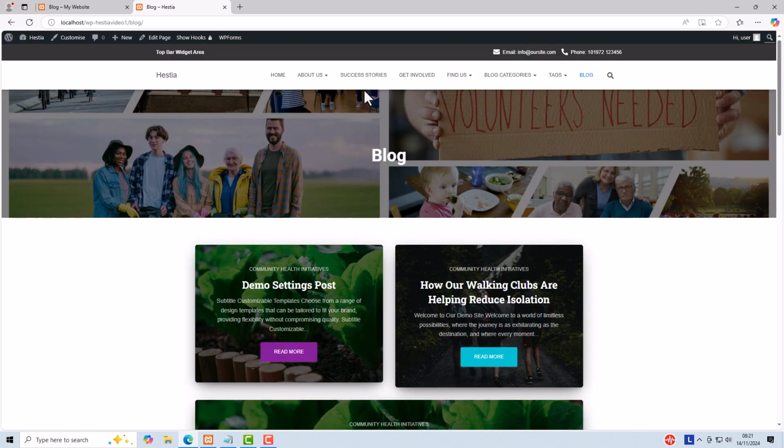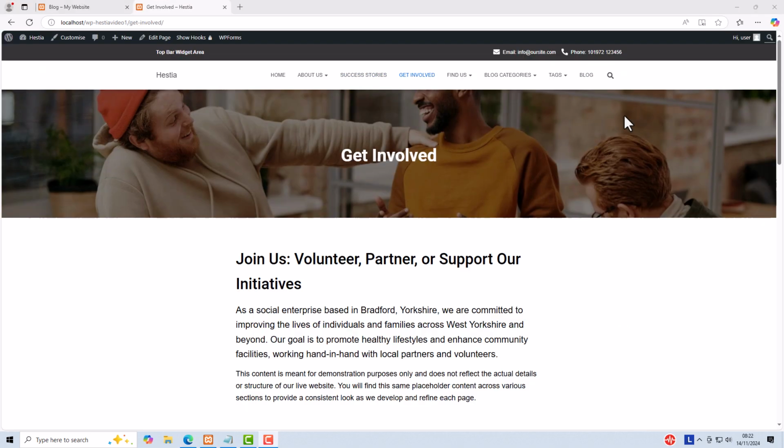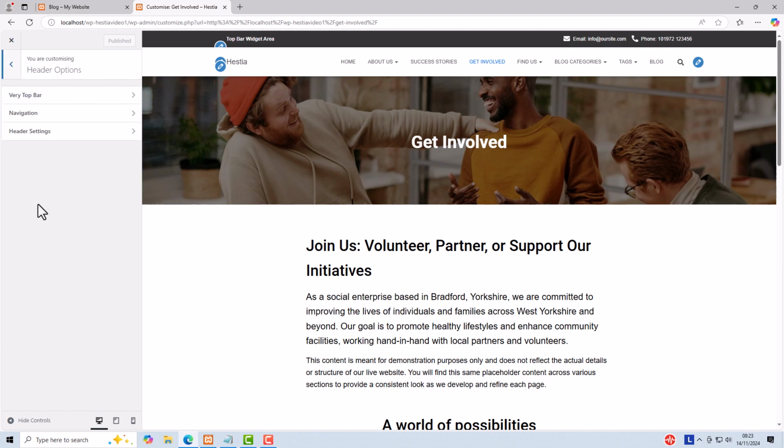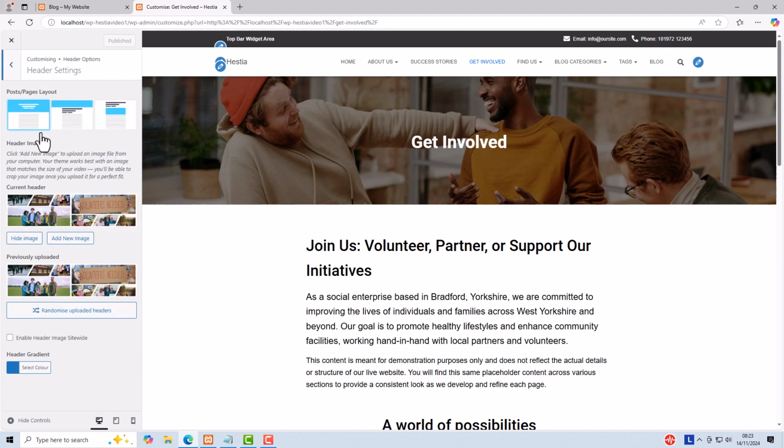Now if I visit one of the pages, there are 3 options for the hero section at the top of each page, and we change those in the customizer. So I'm going to customize. So in the customizer, I want to go to header options, header settings, and I've got these 3 different choices. This is what I'm using at the moment. If I change it to this option,